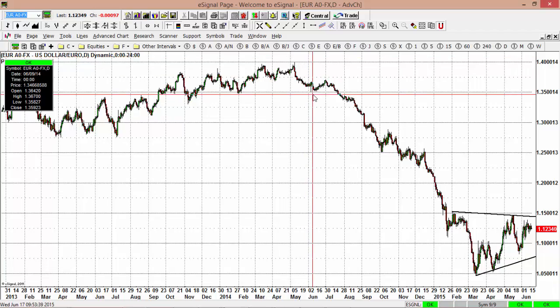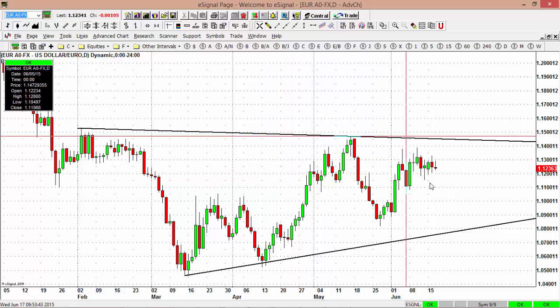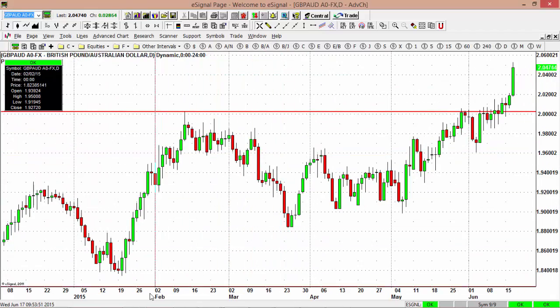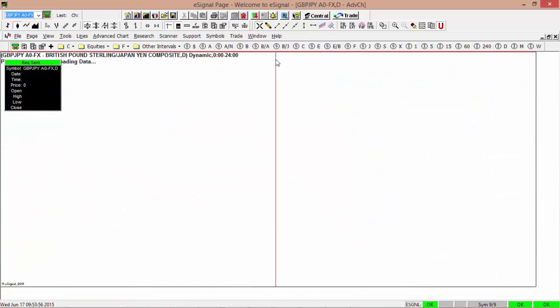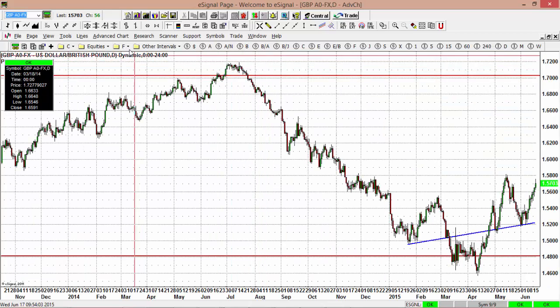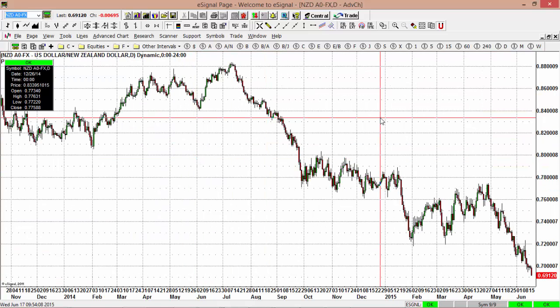And that's why it's good to also look at currency crosses, because as you can see, nothing much is happening in the euro versus the US dollar. I mean, the market is almost stagnant. But the British pound versus the Australian dollar, which is a market we also spoke about, that's rallying. British pound versus the Japanese yen rallying significantly. The British pound itself rallying. The US dollar versus New Zealand dollar in a very nice downtrend. So these markets are moving, and it's just for you to